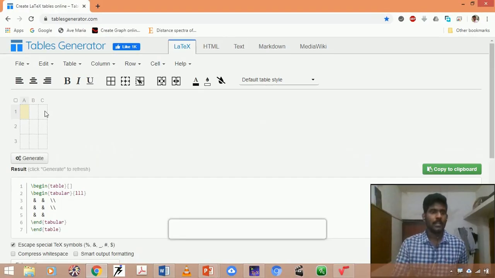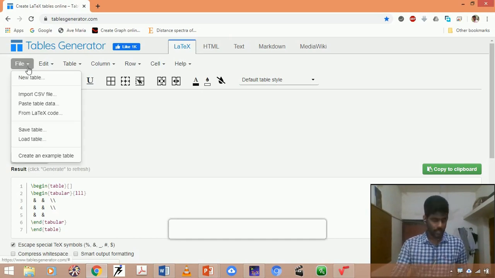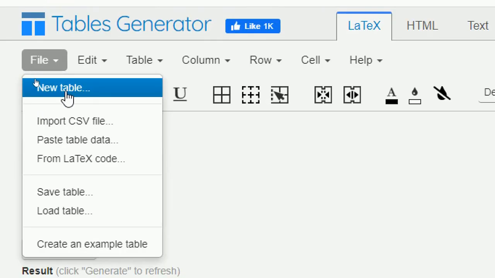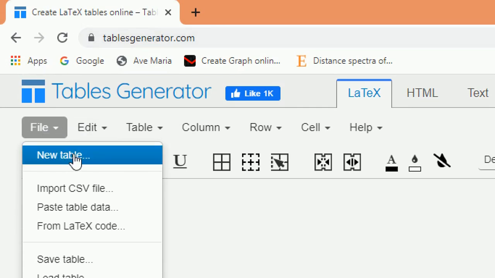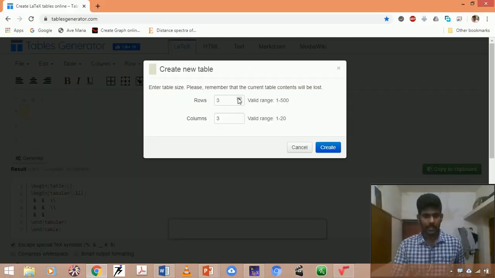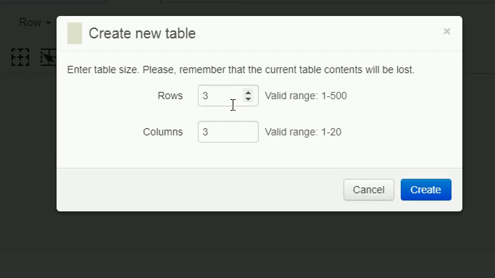Okay, so first you need to create one table. It is not needed to sign up or sign into any account. Just simply get into the website. After this, File, New table. It will ask you to confirm the number of rows and the number of columns.